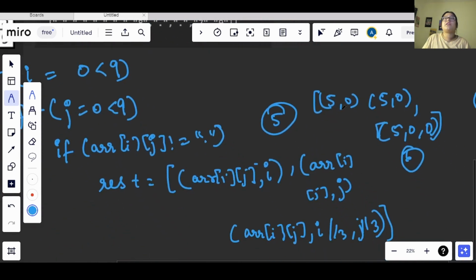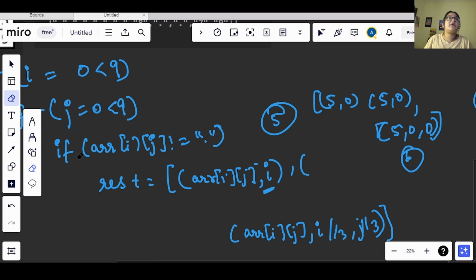Okay, I made a mistake here, so let me point this out. If I keep i and j both at the same indexes, then I will get an error again. Even after having the right concept, we will fail, right? Why? Because 5 comma 0 is getting repeated here, but both are different. So in one of them I will keep the index before, so that it will not get repeated.